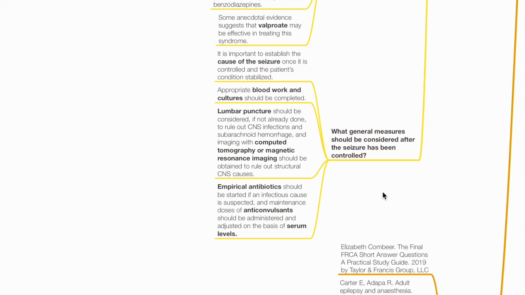What general measures should be considered after the seizure has been controlled? It is important to establish the cause of seizure once it is controlled and the patient's condition is stabilized. Appropriate blood work and cultures should be completed. Lumbar puncture should be considered, if not already done, to rule out CNS infections and subarachnoid hemorrhage, and imaging with